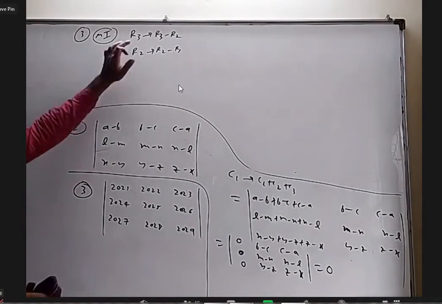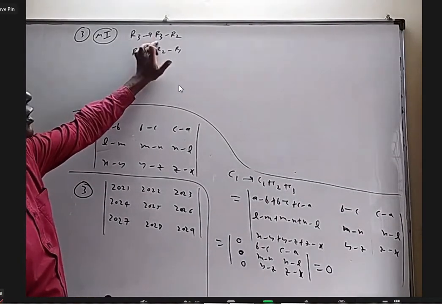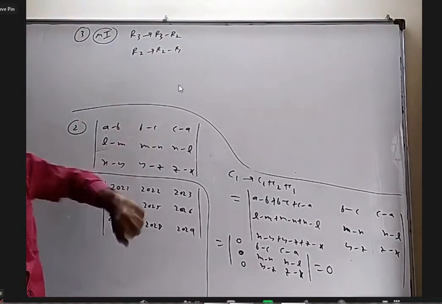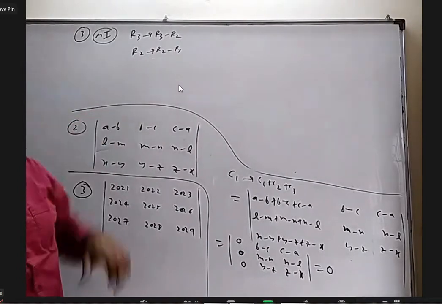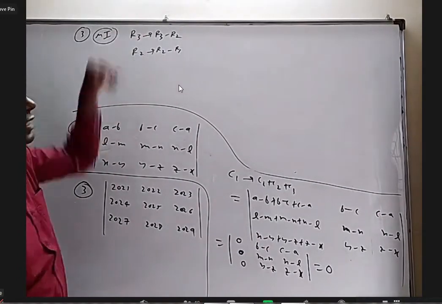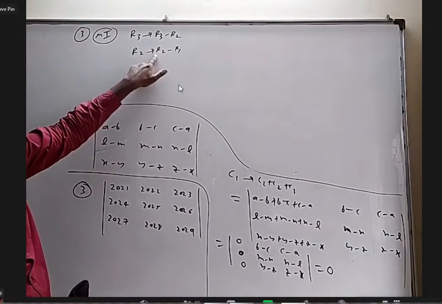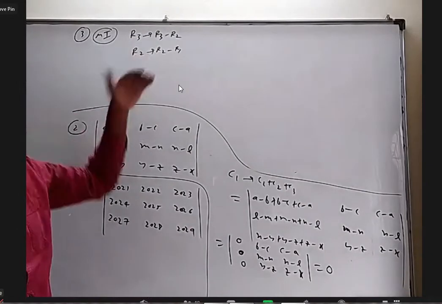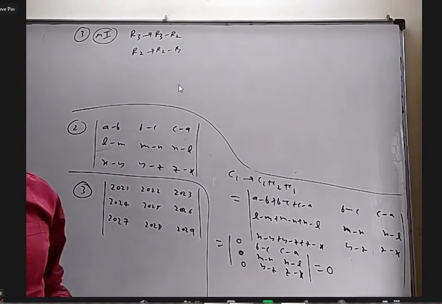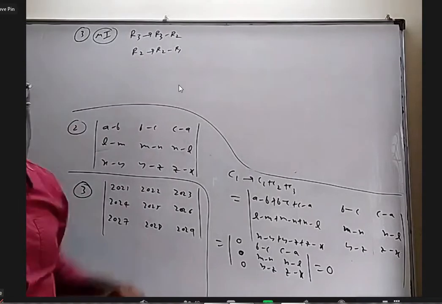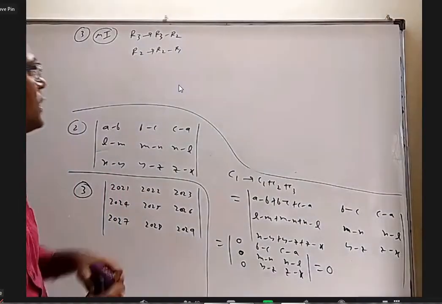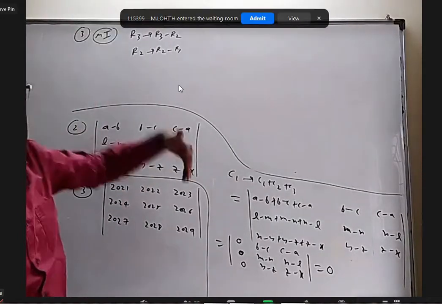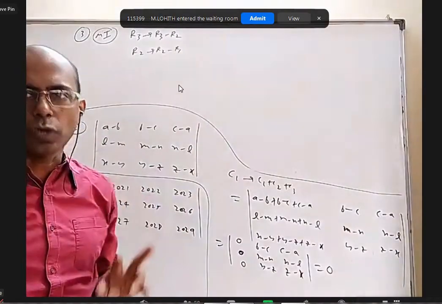For example, here I am only changing third row as the third row minus second row. During this time, third row will change, but second row will not change. And here I am changing second row as second row minus first row. If I do this operation first and this one later, it has a different meaning because I am changing R2, and that new R2 I should use, not the old R2. So be a little careful. If somebody is doubtful, do only one operation at a time. But if you are careful, you can do maximum two operations. Definitely three operations cannot be done, because here R3 changed and R2 changed. When you try to change R1, you will be using the new R2 and new R3, not the old ones. So maximum two operations allowed with caution.